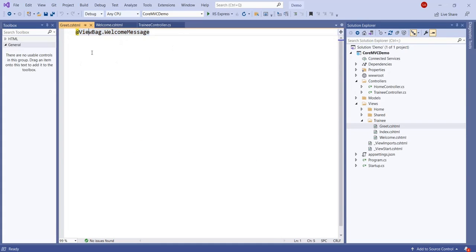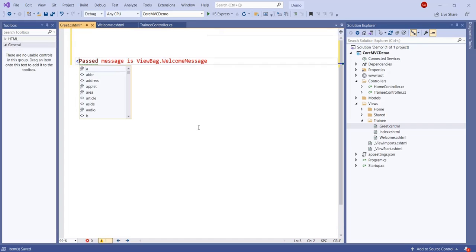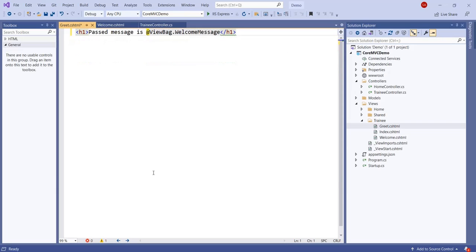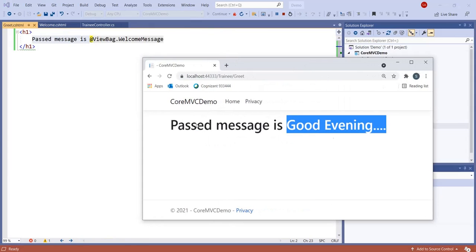The passed message is ViewBag.WelcomeMessage. You can enclose this entire content with a heading level 1, h1 and slash h1, in front of it. The @ is the symbol we need to use when you want to switch from HTML to C# code. This is the value you have passed on the ViewBag dynamic property.